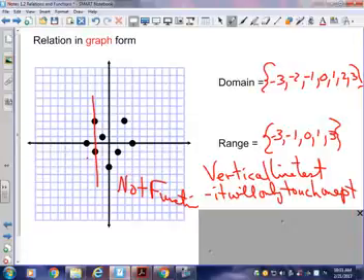You only touch one point, point for point. All right. The third way is a visual. This is very visual, right? The fourth way is called a mapping. And a mapping